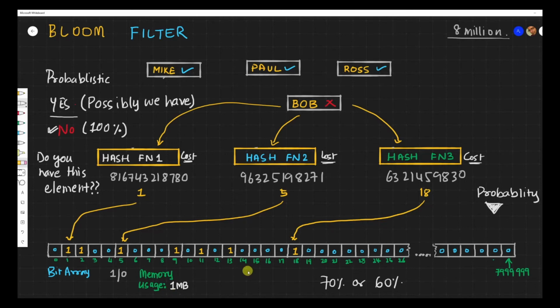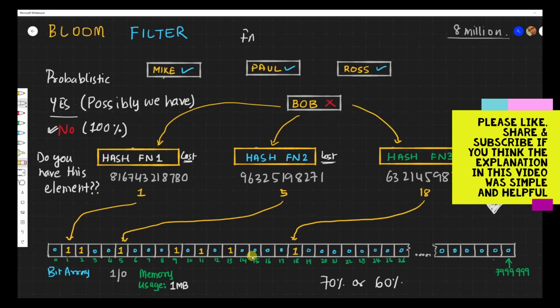Secondly, a bloom filter can give me a false positive. We have seen that in the case of Bob, we got a false positive, but it is guaranteed that we'll never have a false negative. You got the point. Why? Because the moment we see a 0 from any of these 3 indexes, or 4 or 5 or n indexes, we know that bucket has not been touched. If any one produces a 0, we are fine. So that is a guarantee we have.